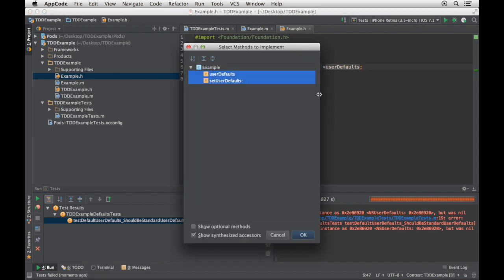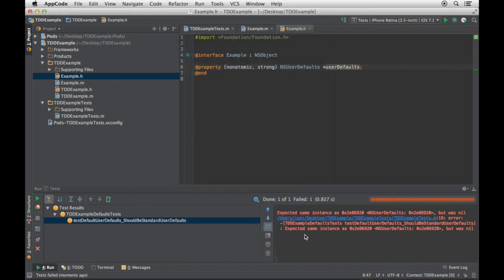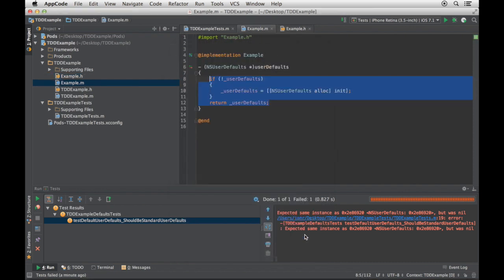Let's go over to the user defaults, and again, Option Enter, because I want to implement an accessor. And it says, well, how many, do you want the setter? Do you want the getter? Oh, I just want that getter there. Okay, boom. In one shot, there it is. It's a really good stab at it.